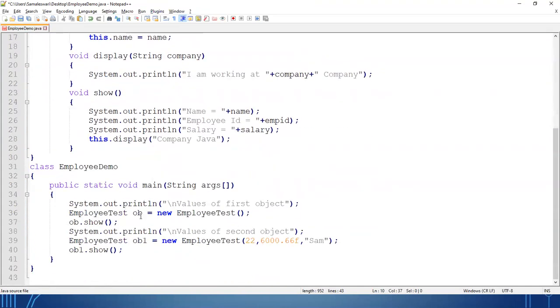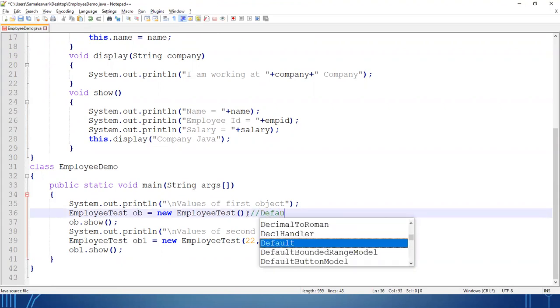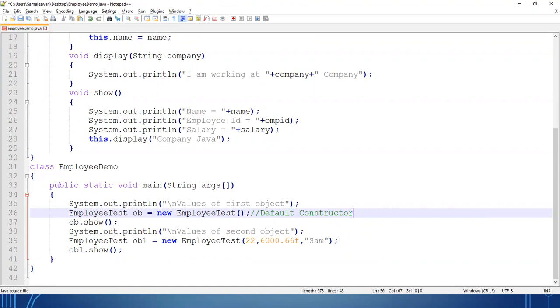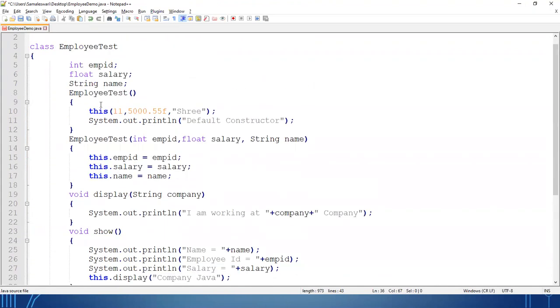So what is happening? Whenever I create object ob, which constructor will be called? The default constructor will be called. Whenever the default constructor is called, it will come here. Now by using this keyword, I am passing all those different values to the parameterized constructor.